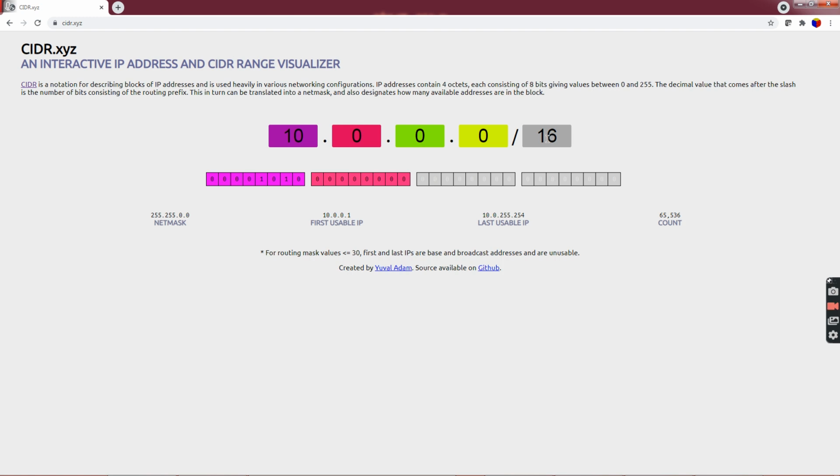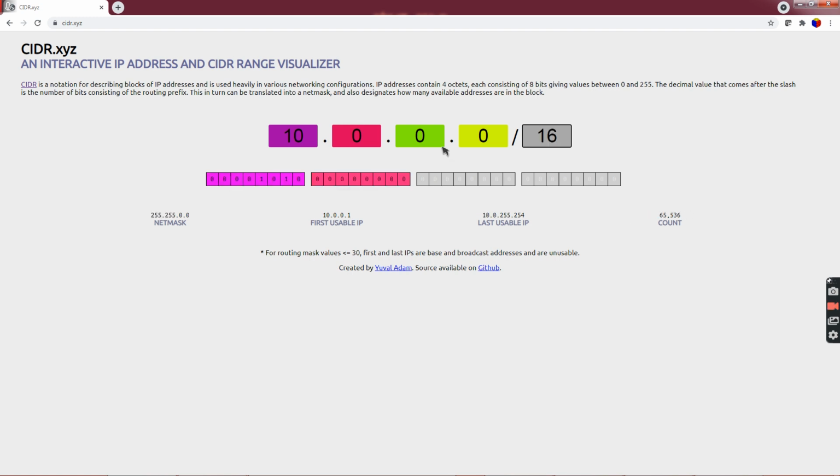For a smaller understanding, I am giving you some tips. With /16, each part is an octet: this is 8, this is 16, this is 24, this is 32. If we give 16, we are not going to touch the first two, we are going to deal with only the last 2. If I put /8, then we are going to deal with the last 3. You can see 10.0.0.1 and then 10.255.255.254, and the number of addresses will be very massive, close to 1 crore 67 lakh 77,000 addresses.